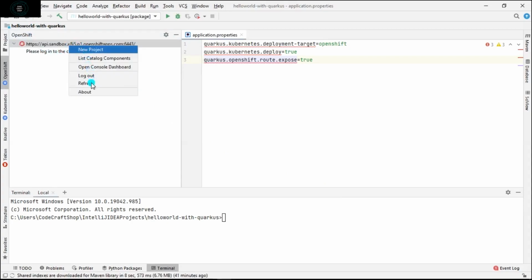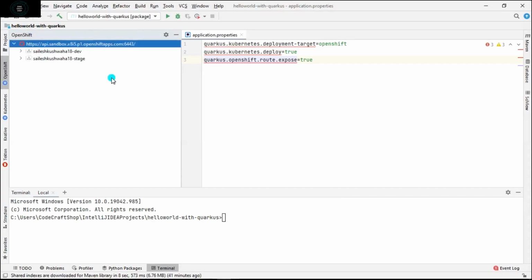So guys, I need to refresh it. So you can see I am successfully able to log into the OpenShift cluster, and it has two projects. One is Sailesh Kushwaha 18-dev, and the other one is Sailesh Kushwaha 18-stage.